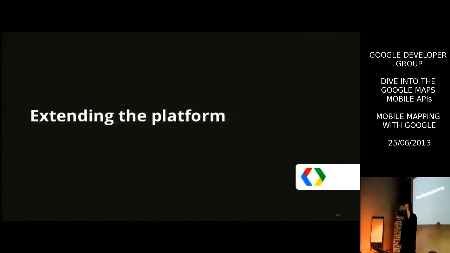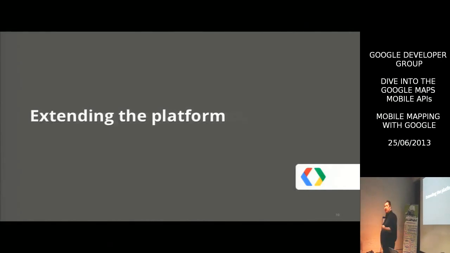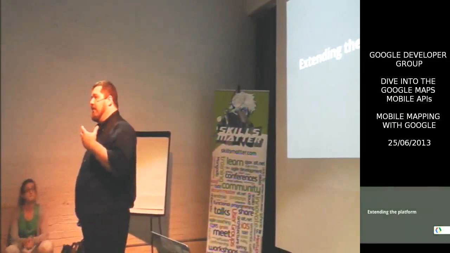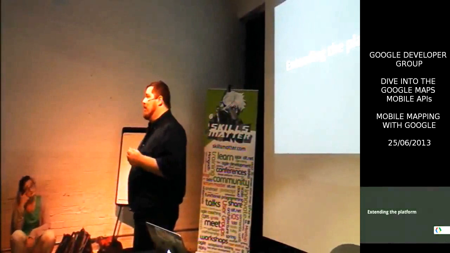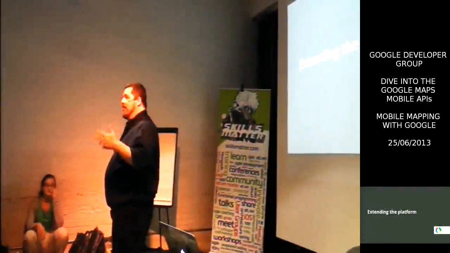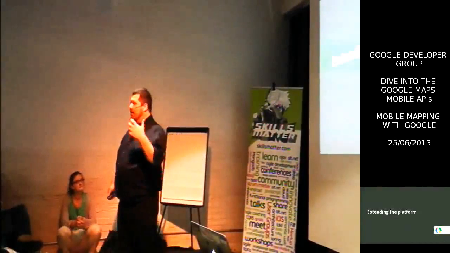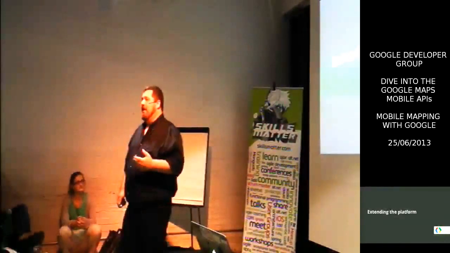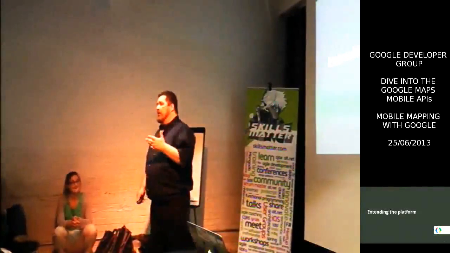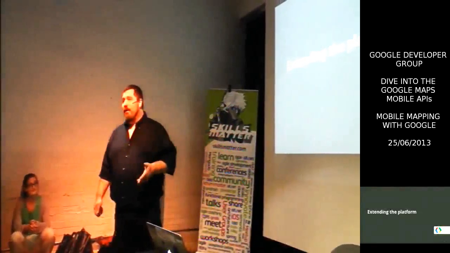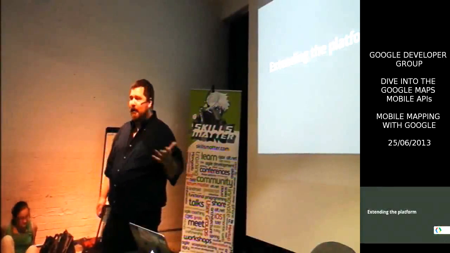Great, thanks, Kasia. So that was the quick introduction to how the two mapping platforms are the same. As Kasia mentioned, these are the new modern vector mapping platforms that we launched in November and December, which allow you to take advantage of the most modern Google Maps out there. As we build out these APIs and SDKs, we haven't yet incorporated all the features that are available through the JavaScript API. So while we're doing that, and as we keep adding features, we've added the ability to extend the platform